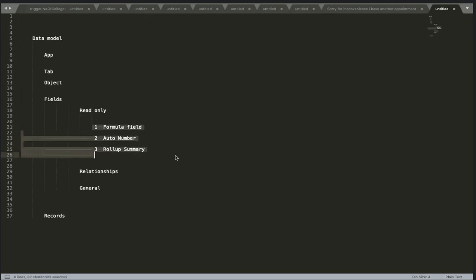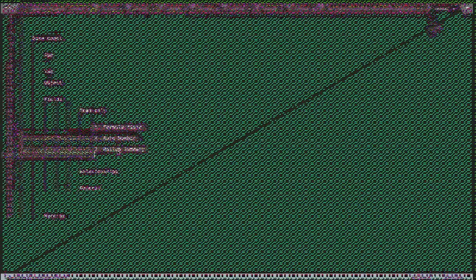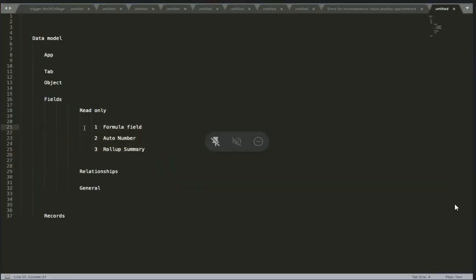What it does basically, when a field is read only, in the sense you can't see these fields when you are trying to create a record. It means